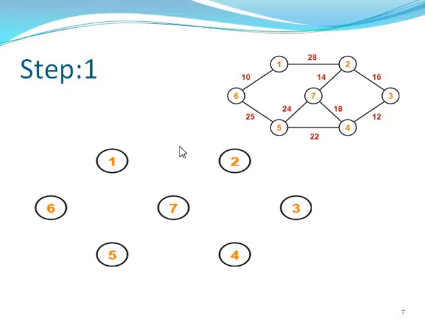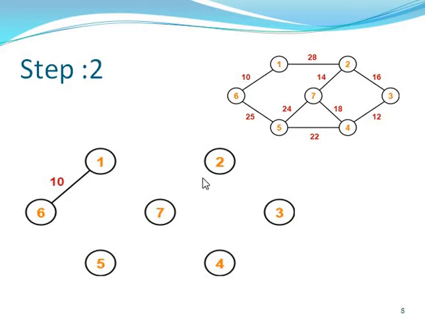At that time you can only create one basic structure. Then what is step number 2? You can show that here. The condition is that the minimum weight is connected. So you can find the minimum weight here. The minimum weight is 10. So you can connect both vertices, and also check that no cycle is created.